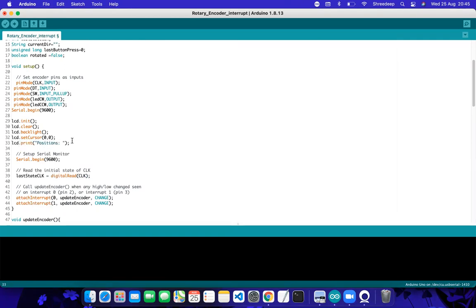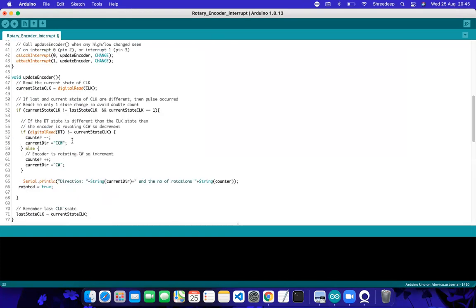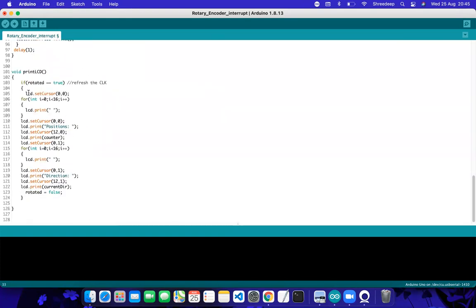Basically, first column, first row. The position is not changing, so we are not changing the position. So you can simply comment out this portion. We can comment out, right? It starts with 12-0 counter, because the rest of the things need to be refreshed and washed out. Again, I upload it and check.